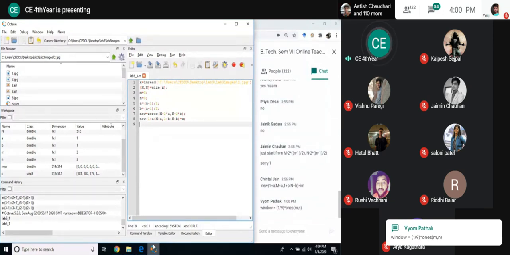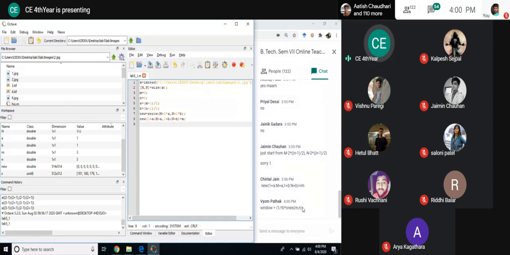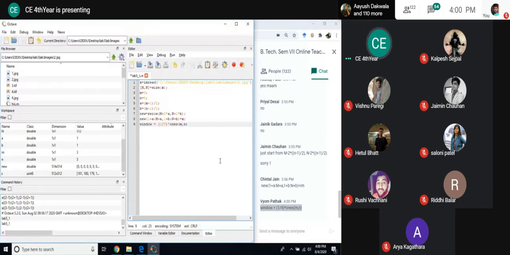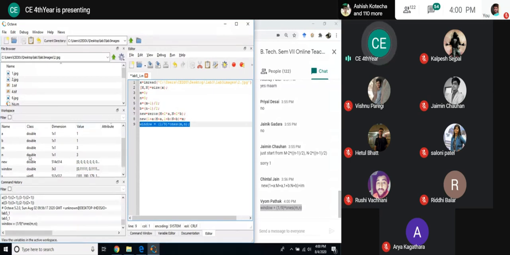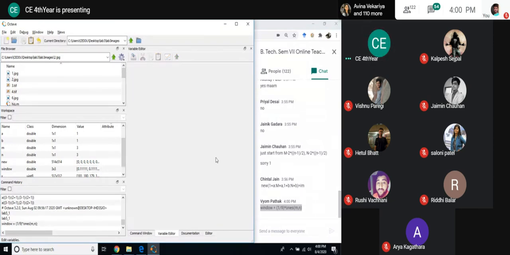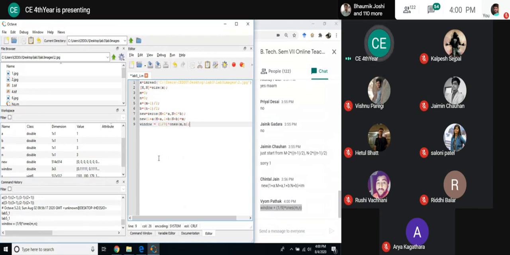Perfectly right, Vyom. So I am going to copy that same code. 1 by 9 ones m cross n. Good. So I have copied it. Done. Window is ready. Should we verify? If you want to verify and check just one liner, you can select it and press F9. So only that will run. You can see here, the window is ready. All 3 cross 3 and all 1 by 9, I mean, it is multiplied, so that's why. So window is ready. Good. What next?